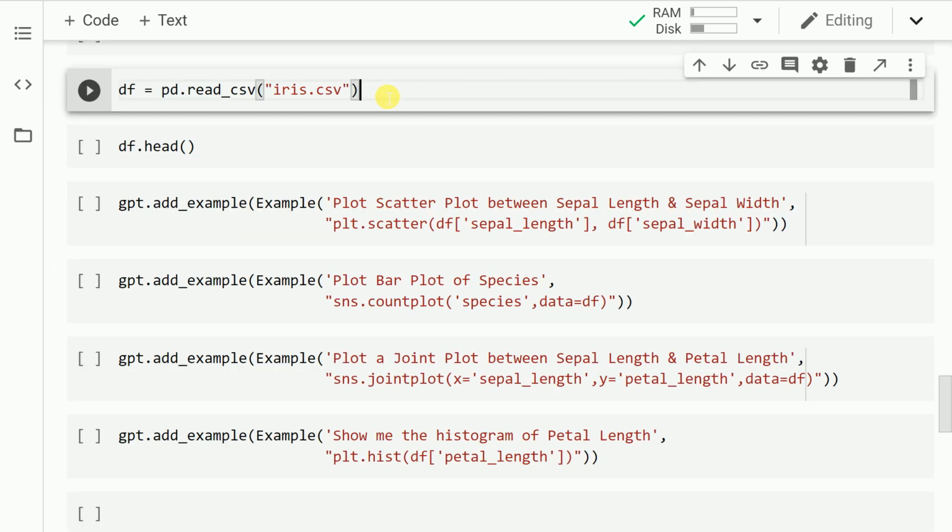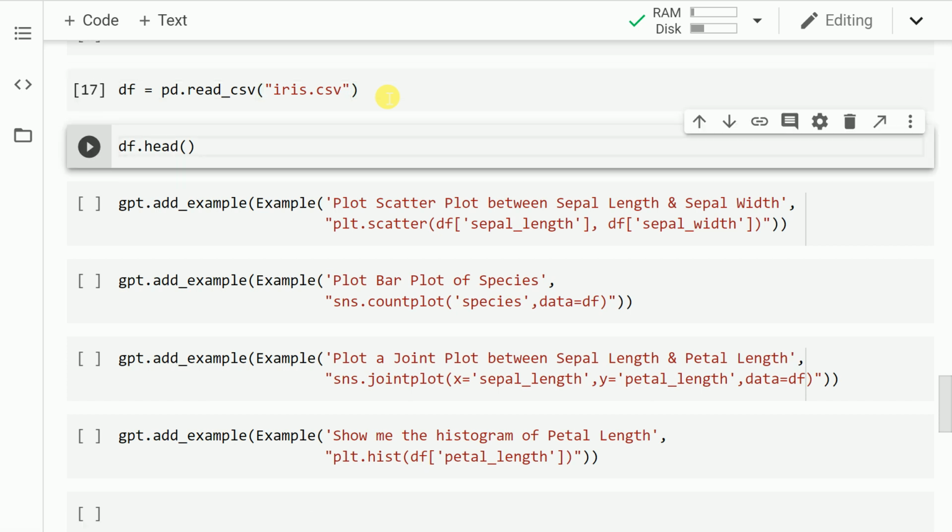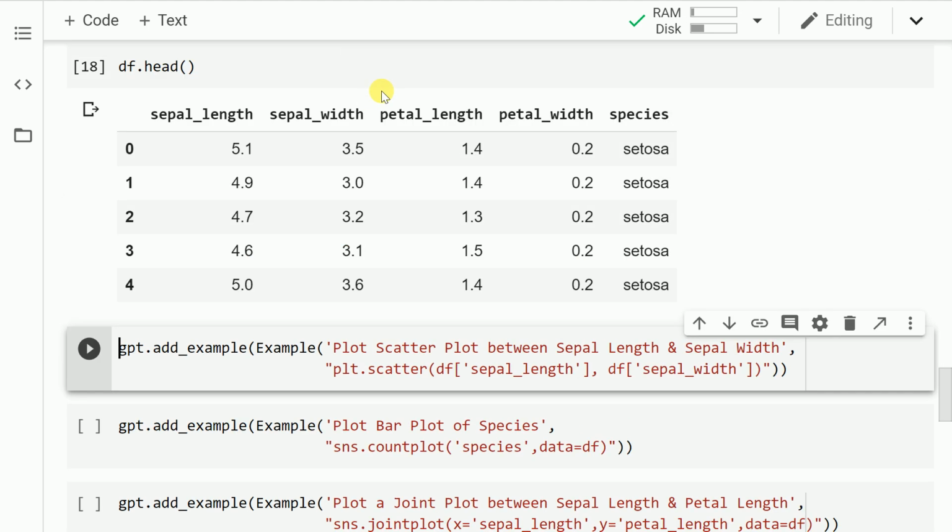For this example, I'm using a very simple dataset that most of you would be aware of by now, which is the iris dataset. So let me load that into a data frame df. Let me also show you the first 5 rows of my data frame. As you can clearly see, it has 5 columns, 4 feature columns and 1 target column. So essentially this is a classification task. I am using this dataset in order to create some amazing visualizations in Matplotlib as well as Seaborn.